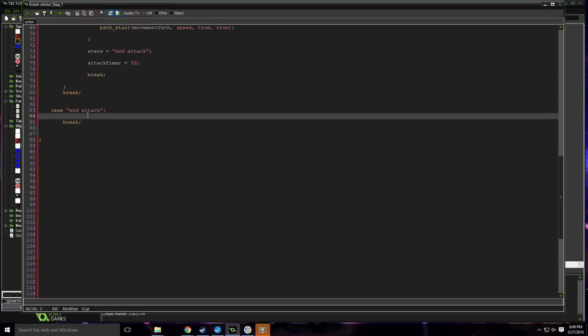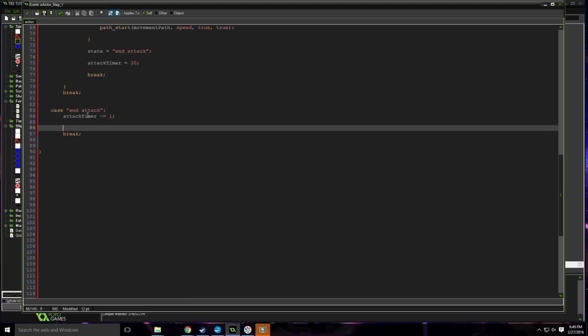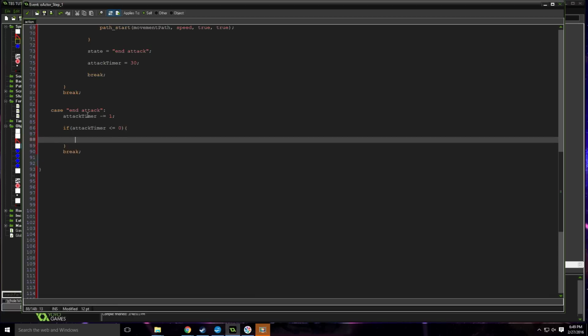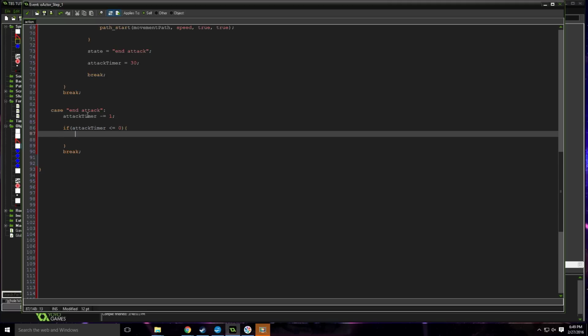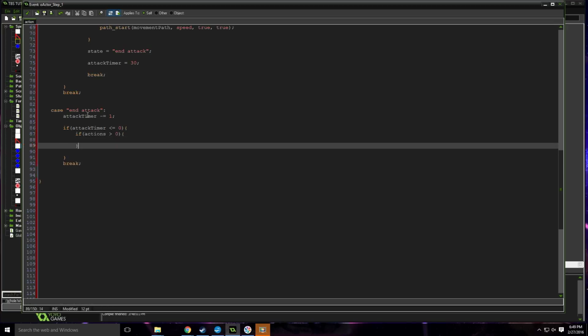Okay. Now, this is mostly a timer, again, except at the end of this, we're going to do the same thing that we do at the end of our path. We're either going to pass ourselves back to the cursor if we still got actions, or we're going to tell the game object to move on to the next turn. So, attack timer minus equals 1. If attack timer is less than or equal to 0, then if our actions are greater than 0, so if we still have actions left to take, then